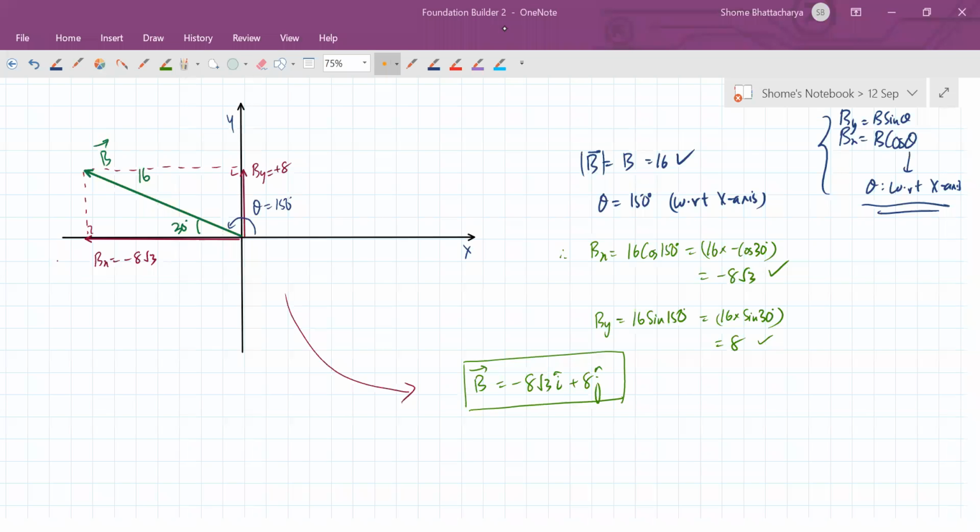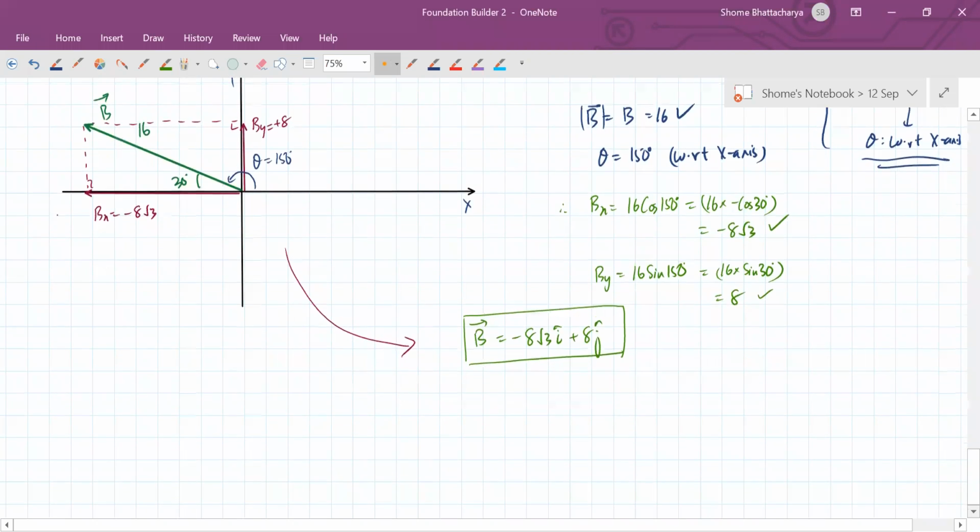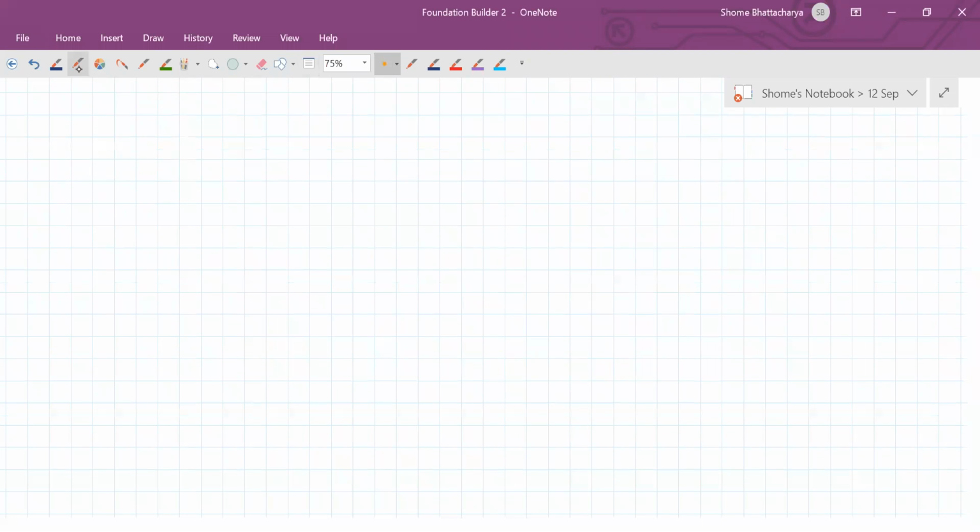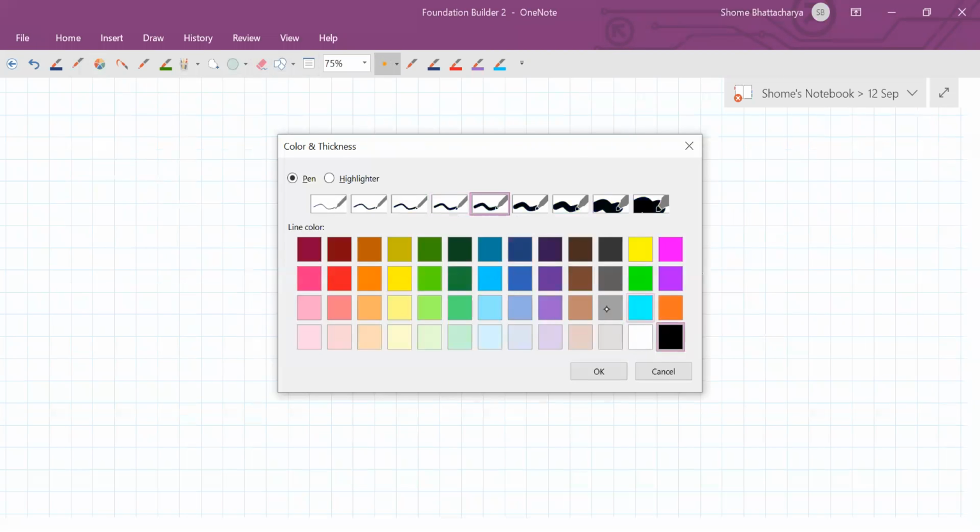Okay, so these two are clear to all of you, I hope. Now let's come to the third one. The third one is very easy. You don't really need to use the formula so much, but if you want, you can use the formula based method also, but you won't really need that. You can understand quite easily.